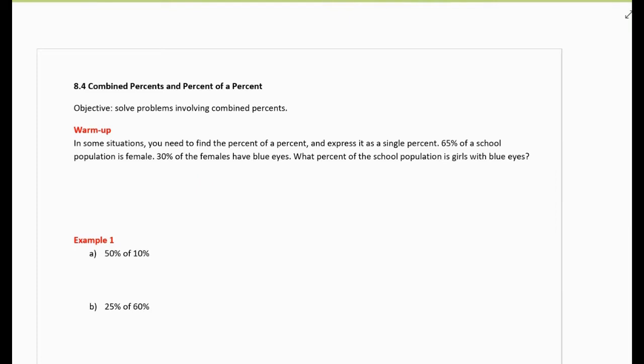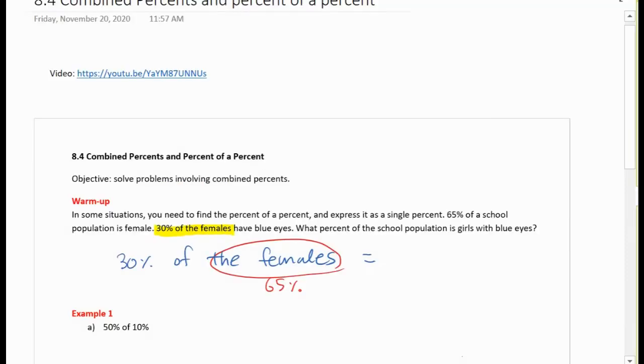What you have to do is look at this: 30% of the females. Write it down. We know that 65% of the school population is female, so the female population is 65%. 30% of the females is 30% of 65%. And that is